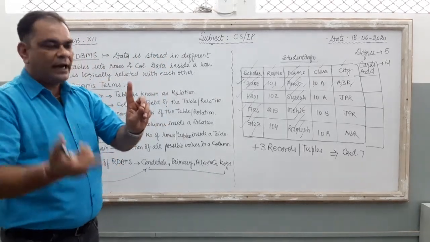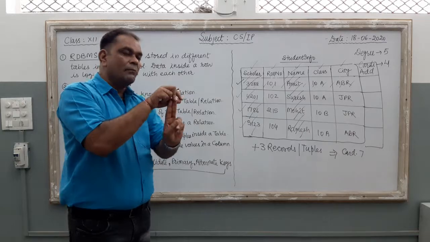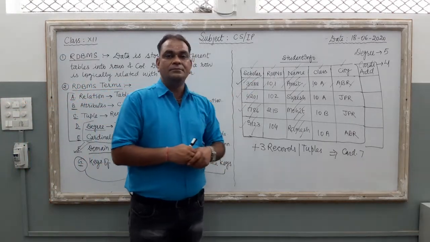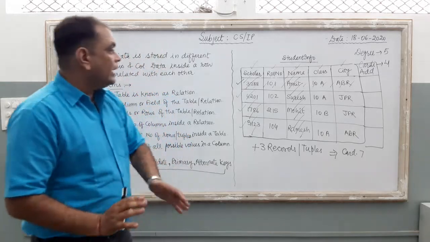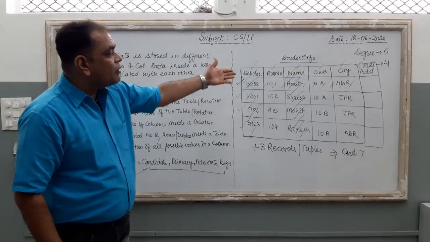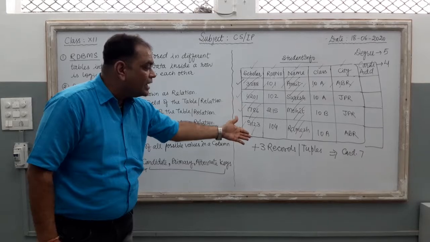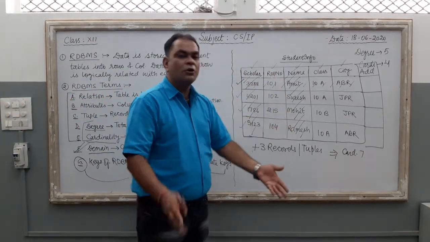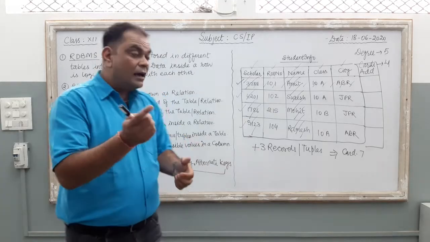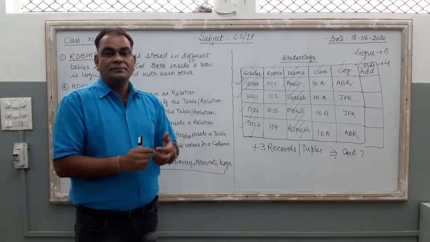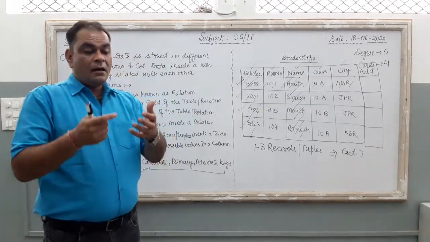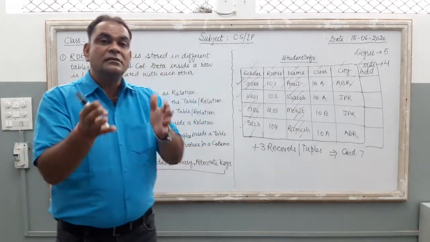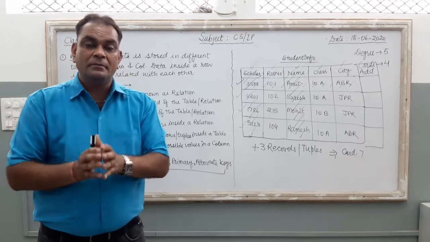According to our mind, we find it out. The second column, roll number, also contains unique values. Now come to the third column, name. Though in this table the name column contains unique values, there is no duplicacy: Amit, Suresh, Mohit, Ramesh, no duplicate name is there. But if we apply our mind, maybe there are some students in a class with the same name.